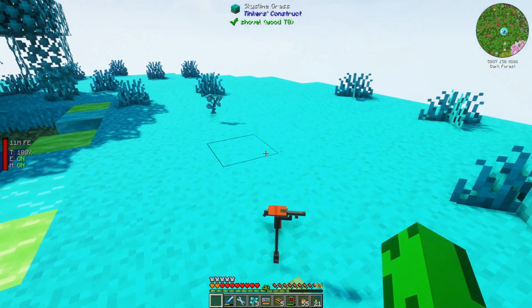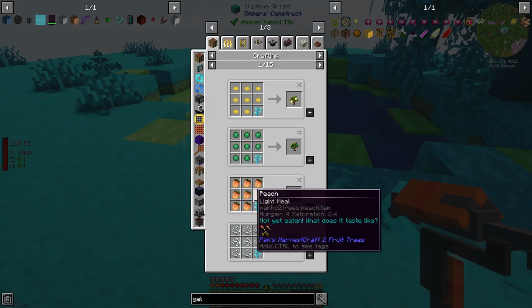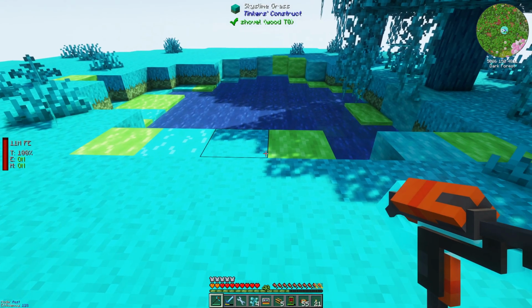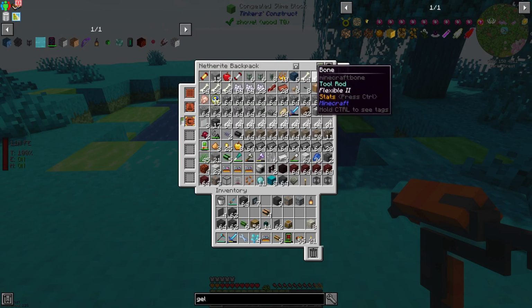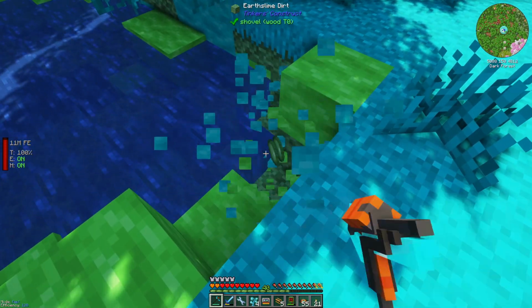I guess not. Whoops. Can this be used for something? To make slimes? Maybe I should just do, how do I get the slime balls? These ones. Congelated slime block and sky slime blocks. So that is the, this is the